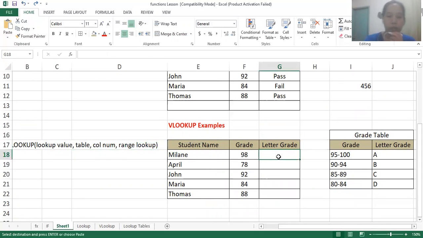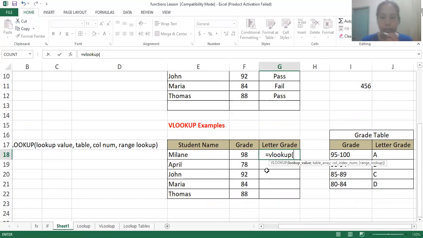So let's write equal sign VLOOKUP, then open parentheses. First is the lookup value. Our lookup value is 98. So click 98, then the table array. For the table array, you're going to highlight this one, and then press F4 to lock the table.